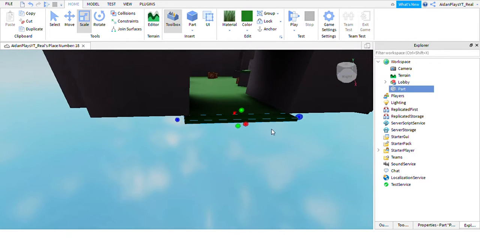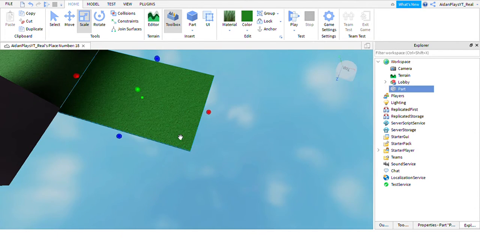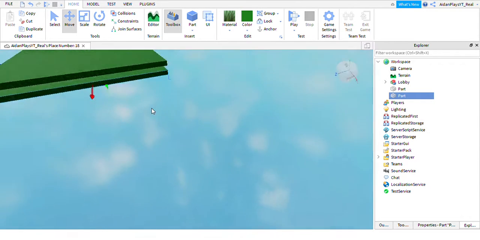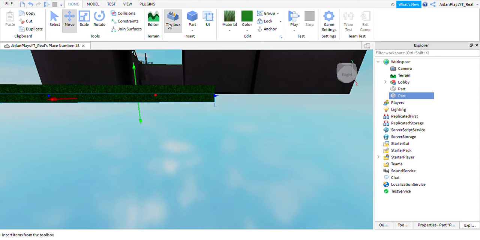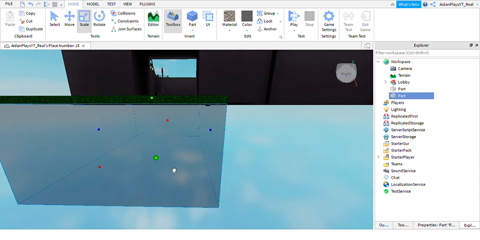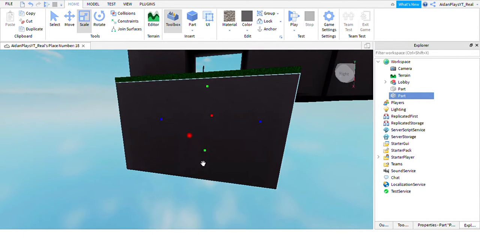Get some even grass. Alright, so now we want to extend this out around here. Then you're going to want to make it go down by one stud. Change your material to whatever you're using as your concrete or any other material you want. Walls. Make a deep slope down, not too deep though, because we need the players to be able